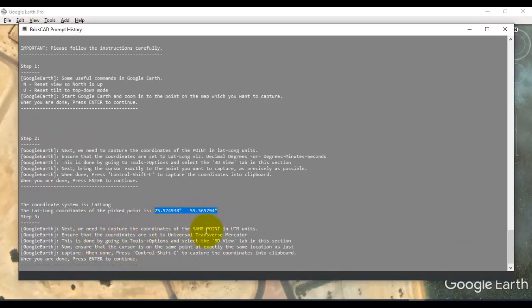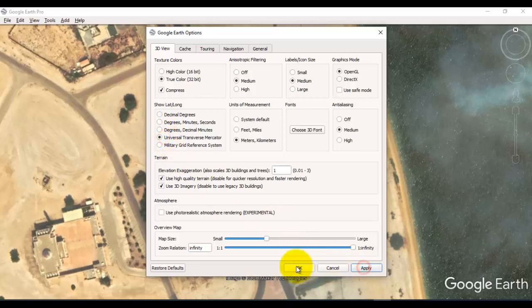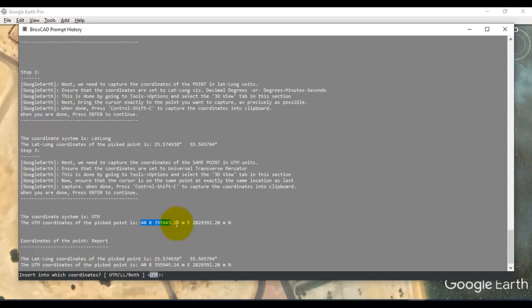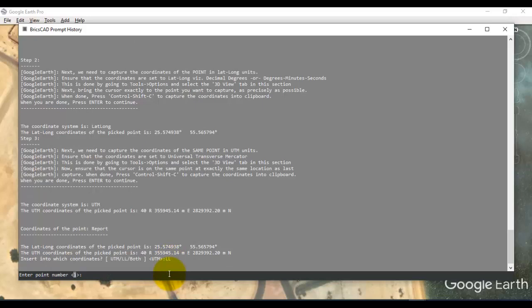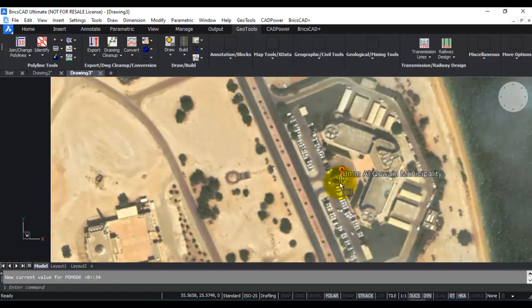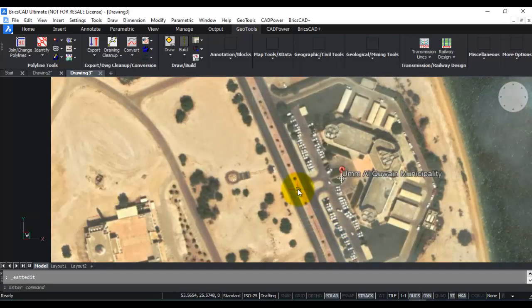So now we need to capture the coordinates in UTM. So once again go back to Google Earth, tools, options, UTM, apply, OK, come here, Control Shift C, come back to CAD. Okay, so you can see the zone is 40 and these are the coordinates in UTM. Insert into which coordinate? UTM, lat long, or both. So I want to insert it into the lat long, so I'll just say LL. Point number, you can give any point number you want. So if you see, it has created the point here, so I'm just going to change PD mode. So you can see now the point has been created here. So if you click on this point, it has both UTM coordinates as well as lat long coordinates and the point number. So using this technique, you can import Google Earth images as well as georeferenced points from Google Earth